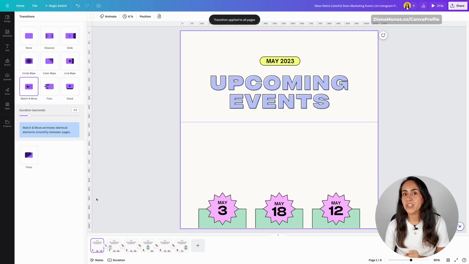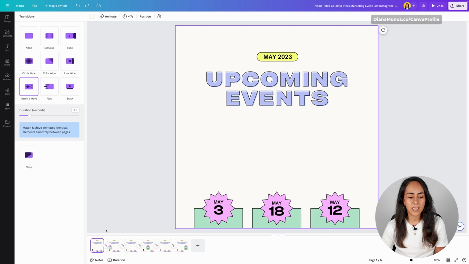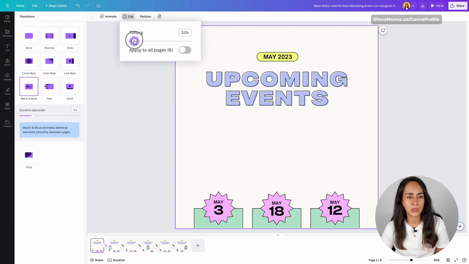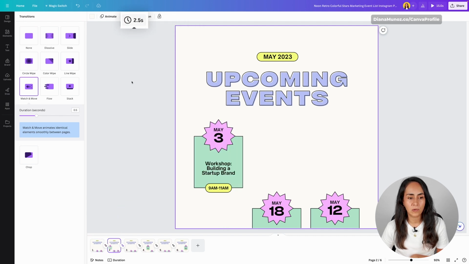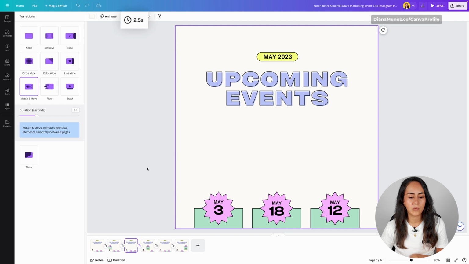Now we need to adjust the timing of each of these pages, and I'm going to show you a trick so we can do it faster. I'm going to position myself on page number 1, edit timing, and I'm going to make sure that we are on 2.5 seconds, and then we are going to activate this option that says apply to all pages. Going to click here, and then if I go to page number 2, you will see 2.5, page 3, 2.5,